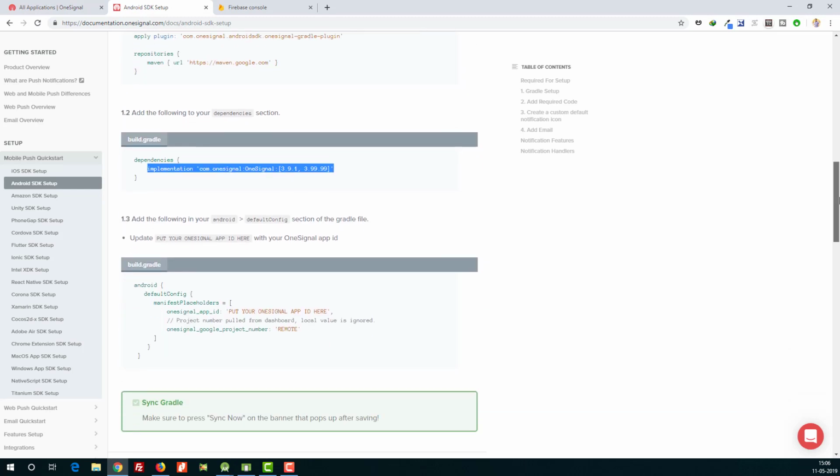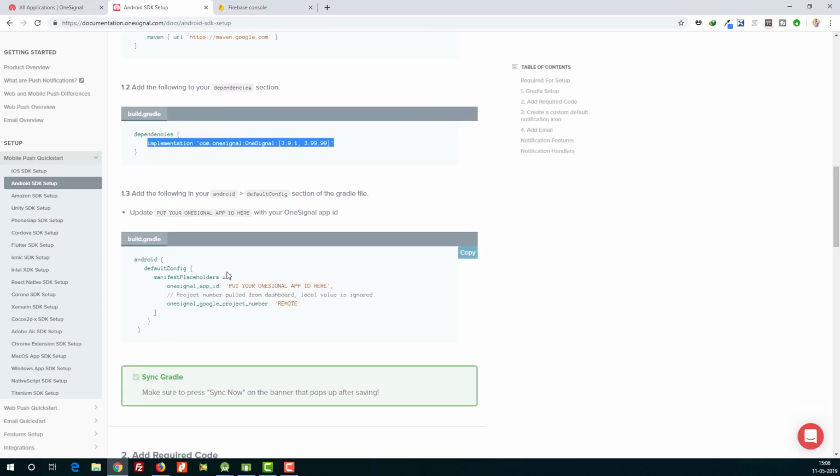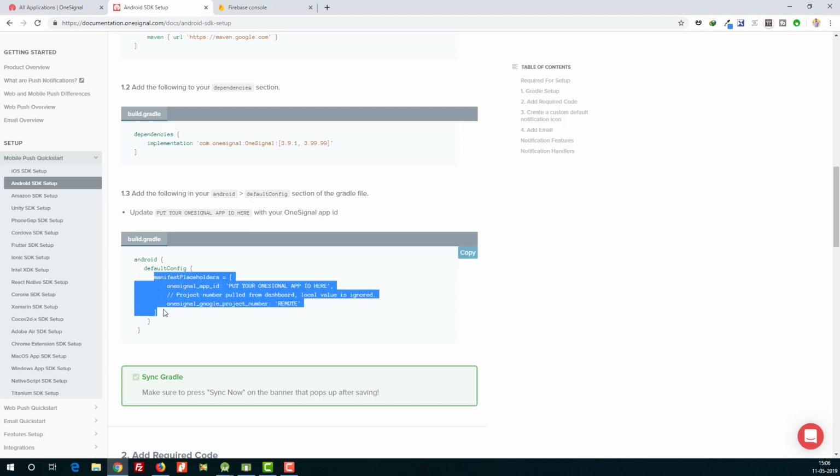Then just scroll down and you can see some code here. Just copy this one up to here. Okay, don't copy this Android default config and everything.